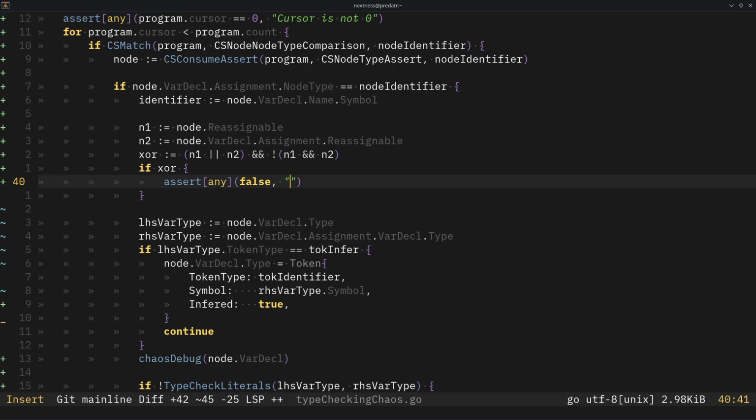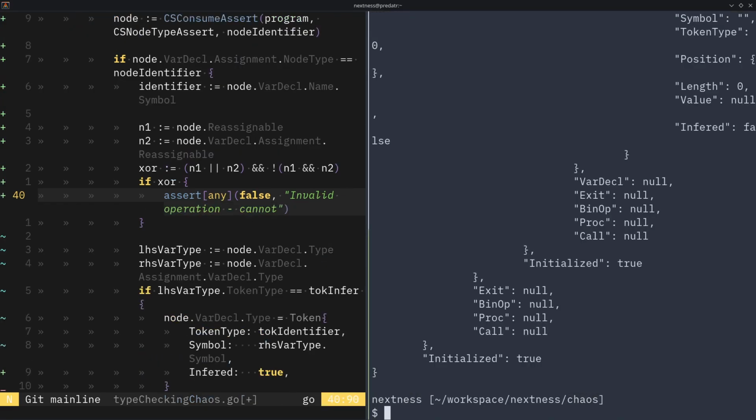Otherwise, we can just say invalid operation, cannot... the thing is, actually, the thing is,